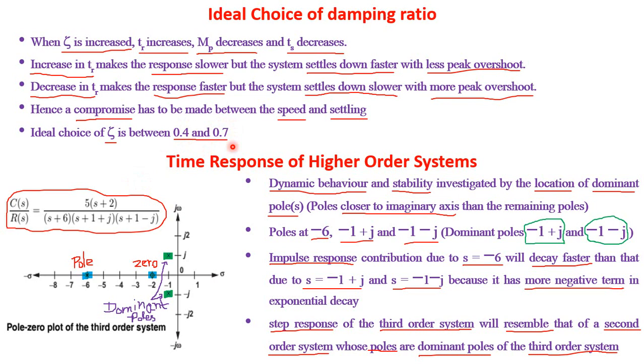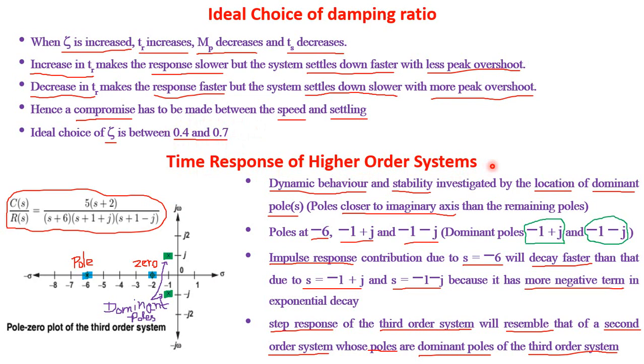So this is what we can understand from the time response of a second order system. Only underdamped systems are useful. Overdamped and critically damped systems are slower. So in an underdamped system we have to go for a damping ratio between this range, if we want a faster response and faster settling with fewer oscillations. Now let us consider higher order systems, because most systems are higher order in nature in real time.